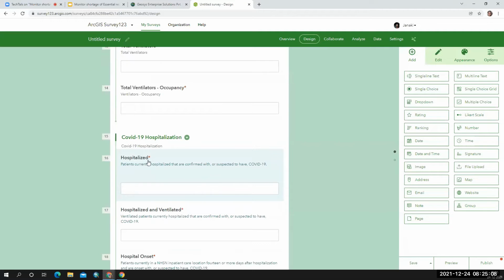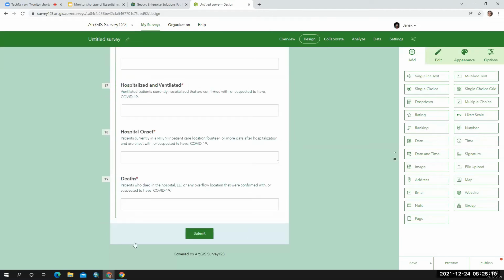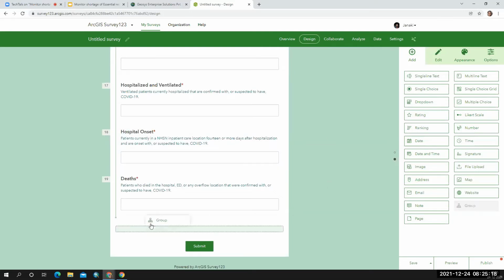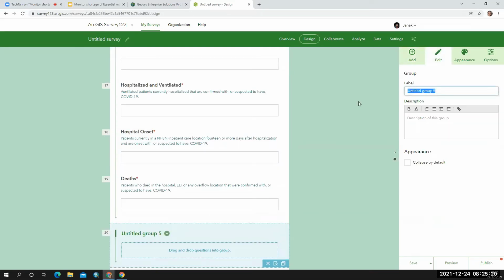Okay, so these are like COVID-19 hospitalization information which we have, and we are also going to have the personal protective equipment information. So you can take one other group and you can add the personal protective equipment here.